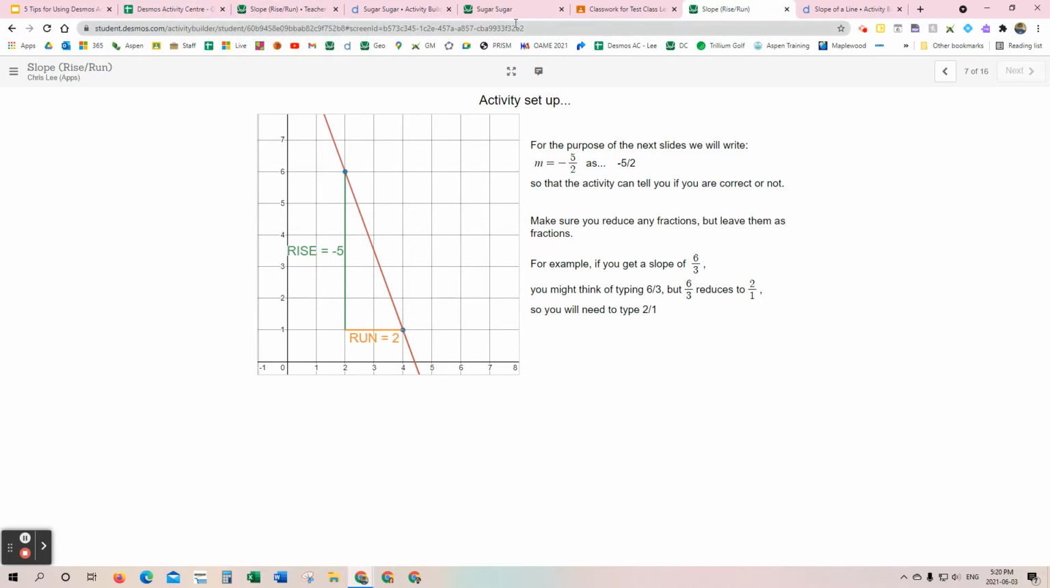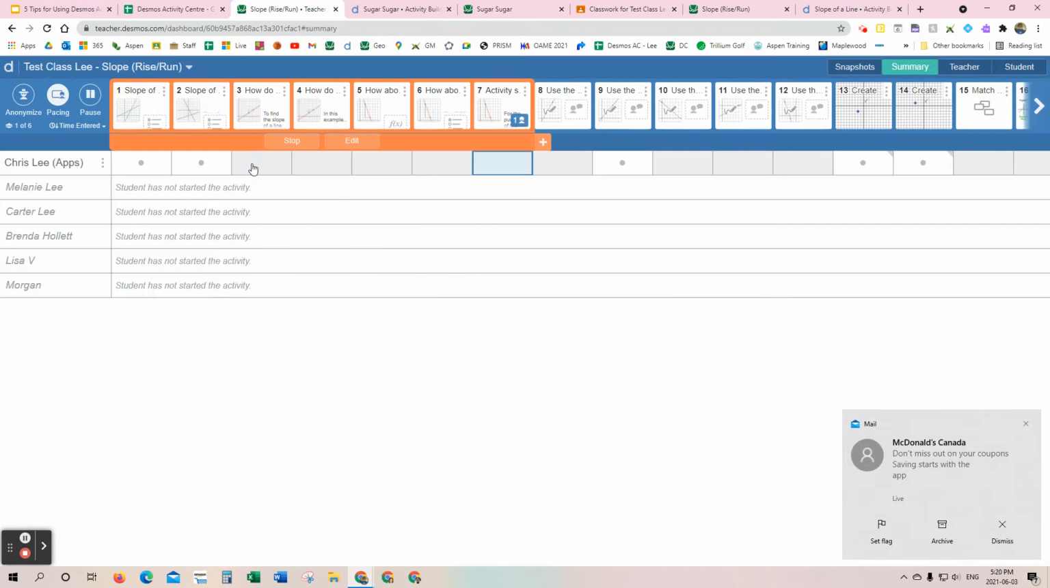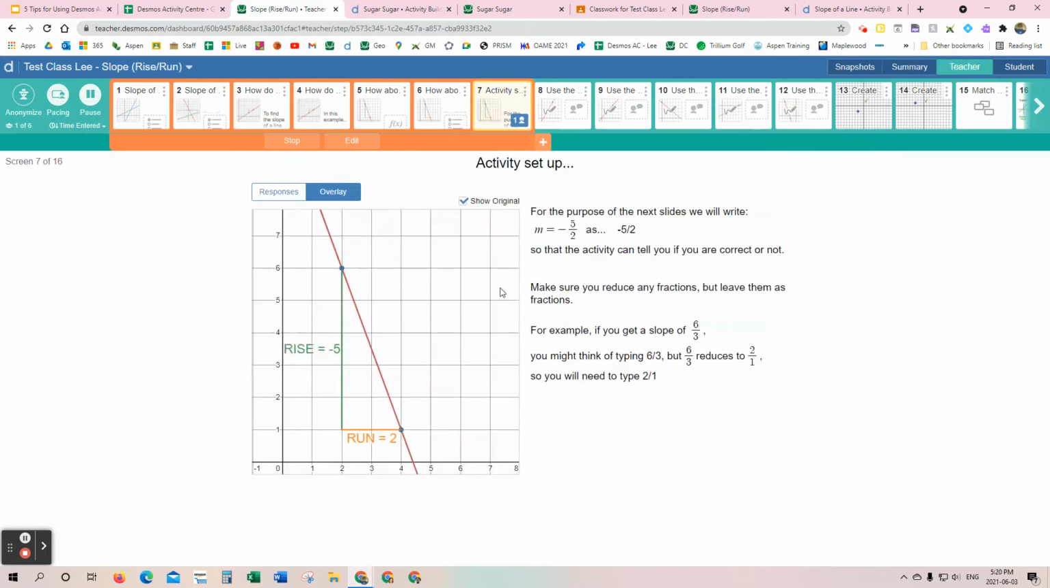So you would maybe watch the class going along and seeing, again, the summary. You'd see, okay, most of the kids are done here. So you might pause the activity and really talk about this slide and say, hey class, look at this. We're going to have to type our fractions like this. Okay, are you ready? Okay, good. Now, if you want to